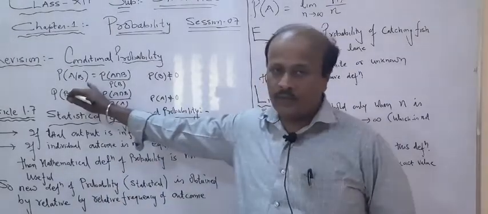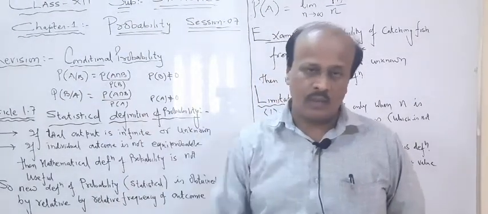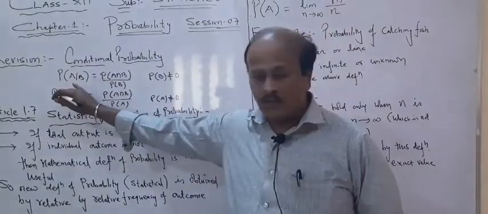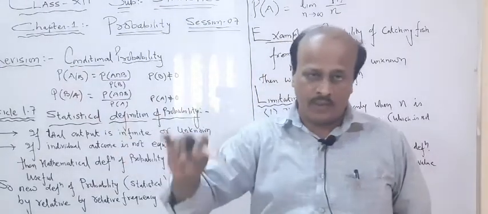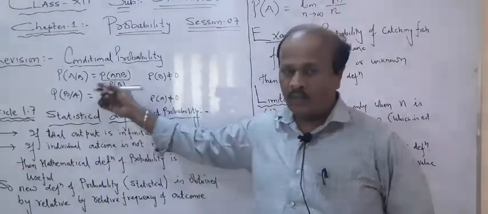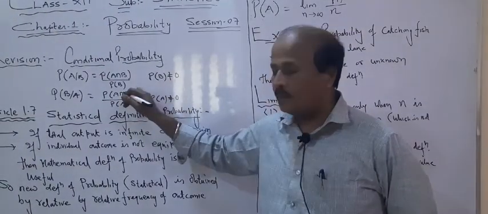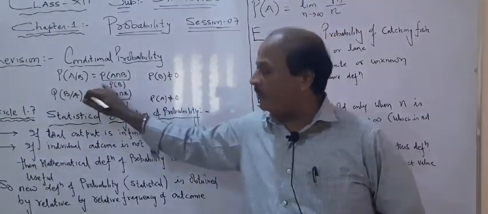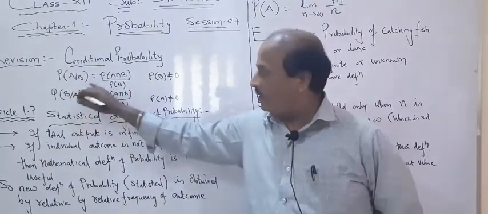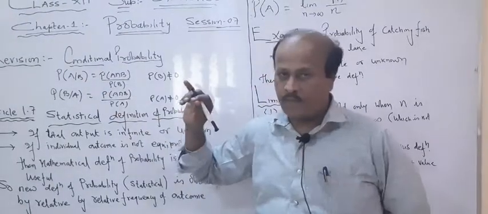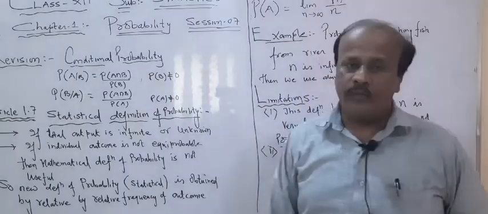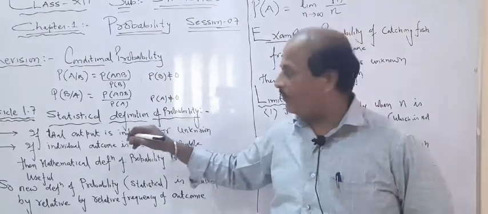So, the formula which I told you for conditional probability earlier, it's a revision part. Probability of A event in presence of B. Suppose there are two events interdependent on each other, and you want to find the probability of A in presence of B, where the B event affects the A event, then the formula is probability of A intersection B divided by probability of B. Remember, B is in the denominator. One important condition you always mention on the side: probability of B cannot be 0.